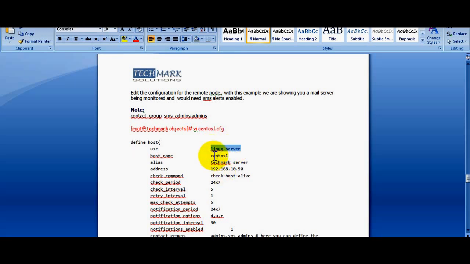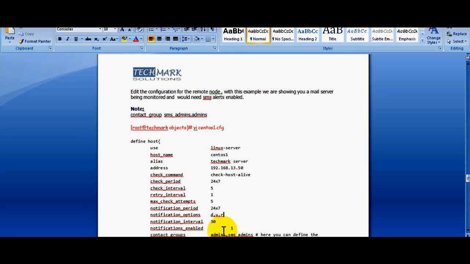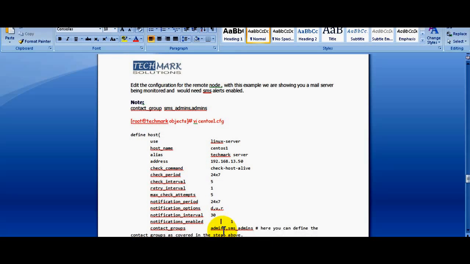Host name is CentOS, and the use is Linux server, and techmark server alias I can define anything, and the address for this would be 13.50. All these parameters are about the notification: when to monitor, how to monitor, is it to be monitored 24/7, and notification has to be sent 24/7, and who has to receive alerts, when to trigger alert, and